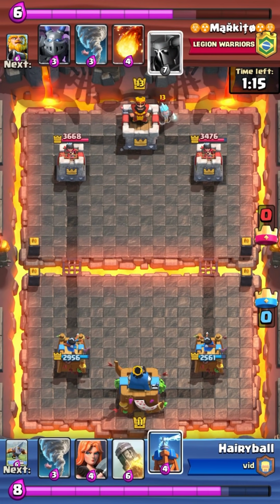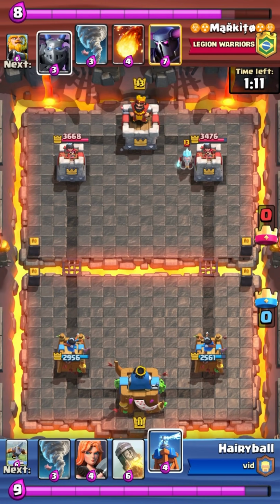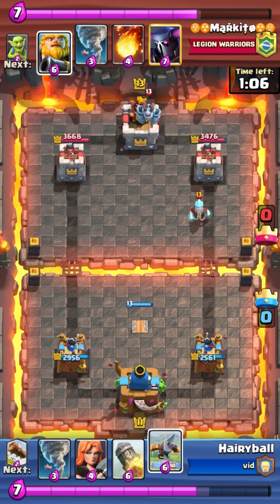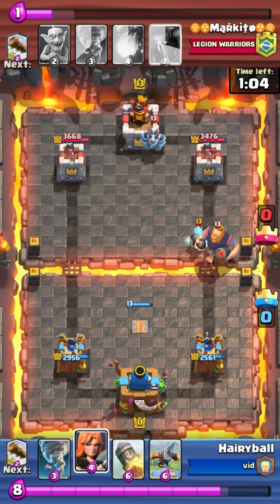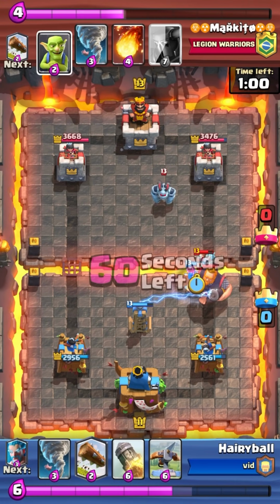So there isn't much to say in single elixir, so that's why I'm not like talking a lot. He goes Tesla in the middle, and opponent goes Mega Minion, and goes RG. Okay, so he's probably gonna go Valk. Yeah, he's gonna go Valk, and